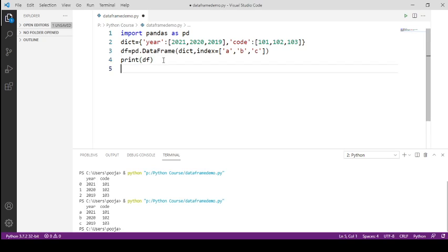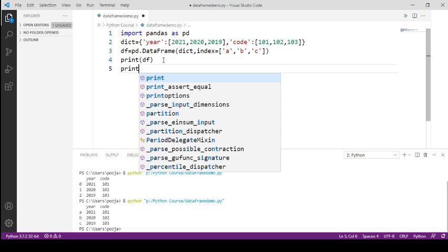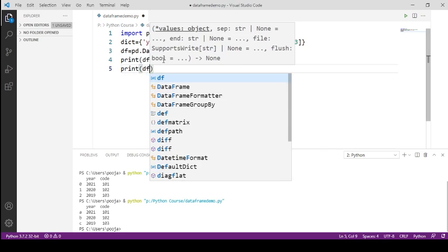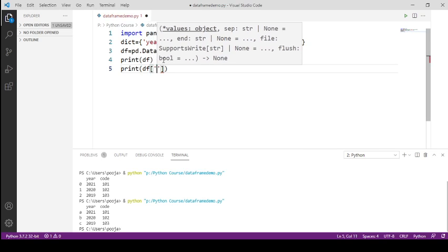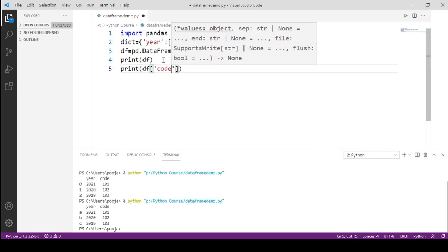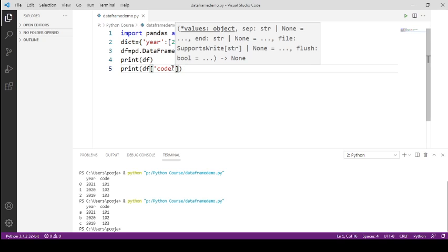Now if you want to display specific column values, you can do the same. You need to write the data frame name, and then inside square brackets you need to specify the column name, and this column will be printed, right?